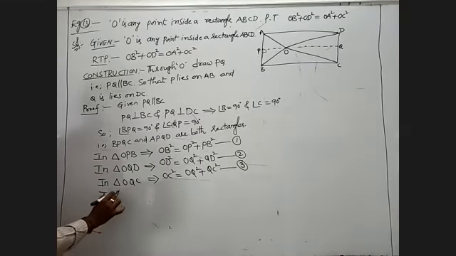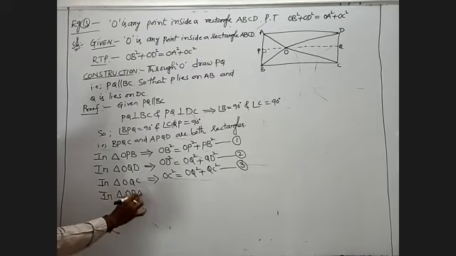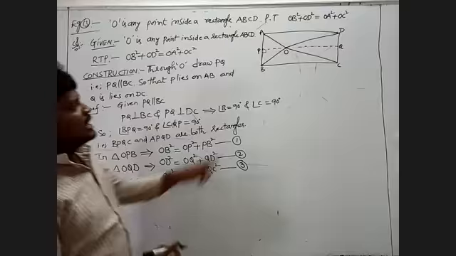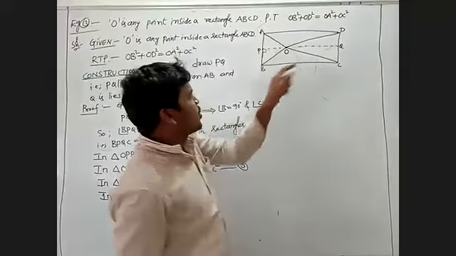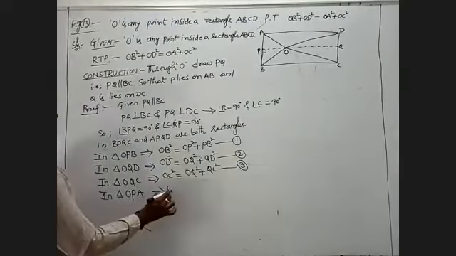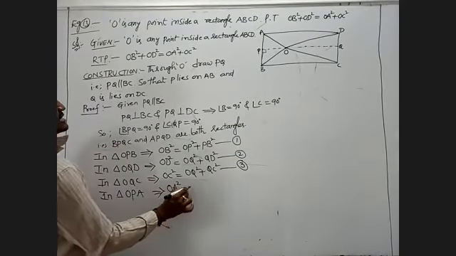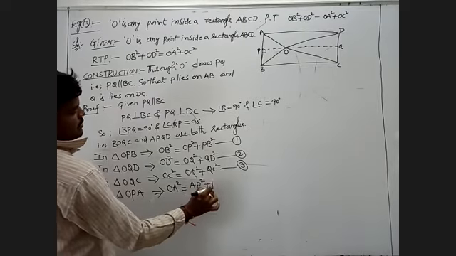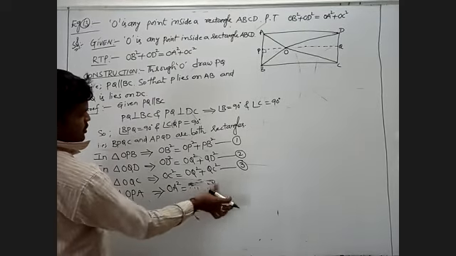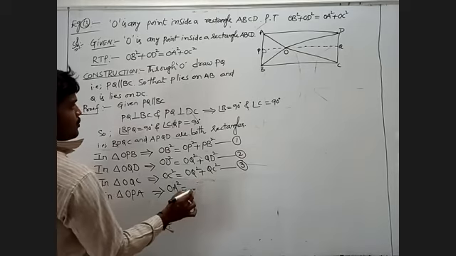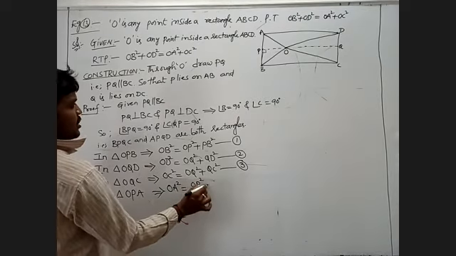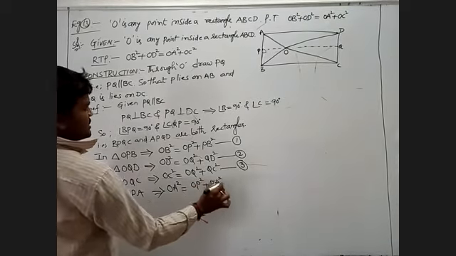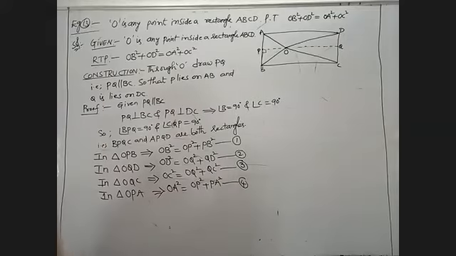In triangle OPA, we take the hypotenuse. I will write OA square is equal to AP square plus PO square, or also we have to write OP square plus PA square. I will write this as my equation number 4. We'll observe